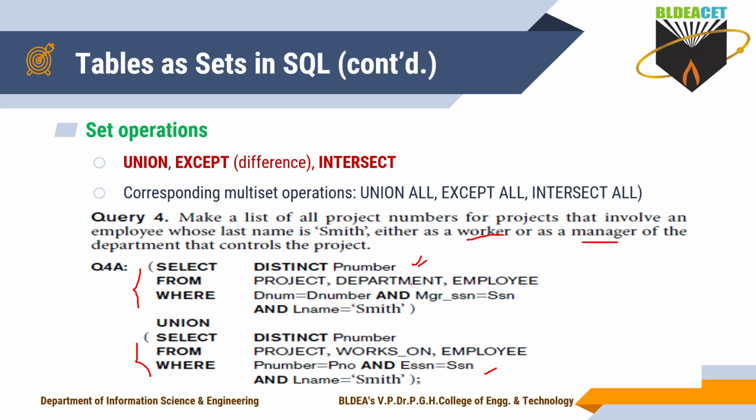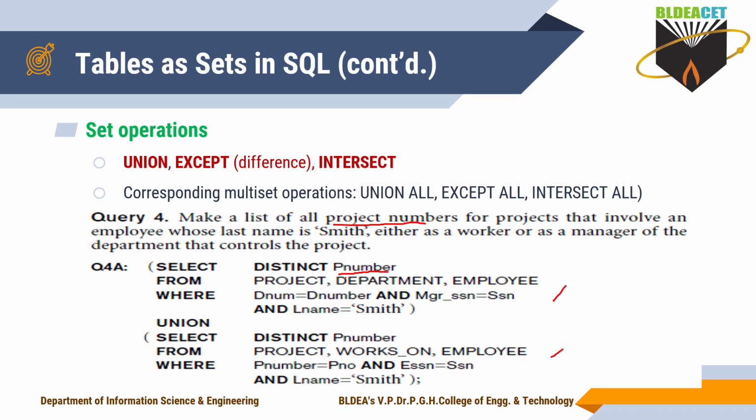So in this situation you have to go for two queries, one query in the role of manager and another query in the role of worker. For writing that, here I use select distinct. What do you actually want to retrieve now? That is what you have to concentrate on first. So in the query, first you check what you actually want to retrieve. You want to retrieve the project number, and which attribute holds the project number? That attribute name you have to specify here.